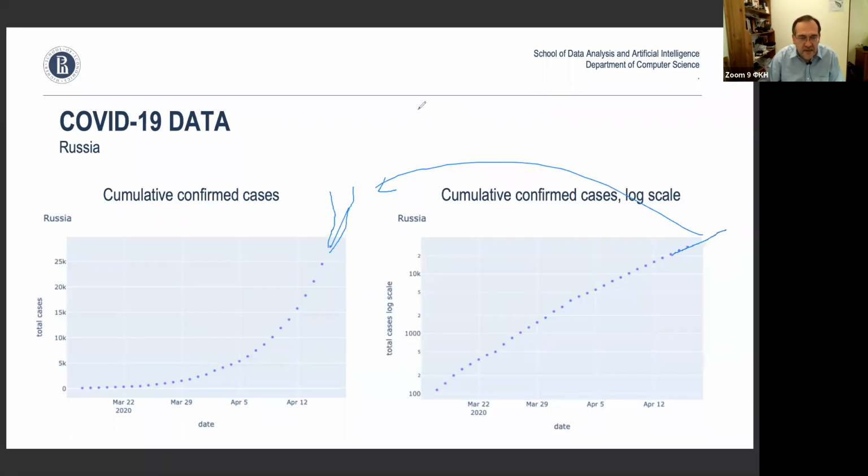Now, having said that, of course, the measures that are being taken and all the quarantines should actually change the slope of this line, hopefully. But we're not seeing it yet in Russia. It has happened in other countries. We're not seeing it in Russia. And you see, this is the real data. In fact, for the homework, we'll give you a data set that has pretty much the rest of the world. And so you'll be able to compare and see the growth rates in different countries.